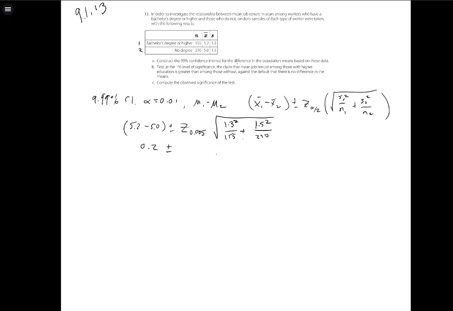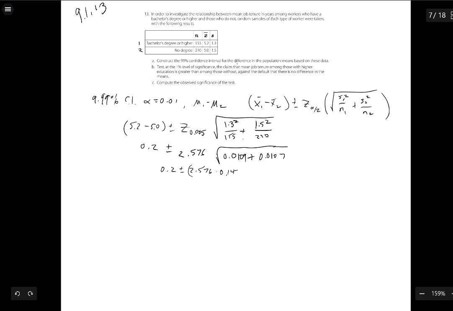So z at 0.005 is 2.576. What I'm doing here is I actually do these calculations in stages, so that if I mess up or things look kind of squirrely, I can go back and find out what I did. So this is stuff I did off on the side, so it's easy for me now just to pull these off my side sheet of paper where I did the calculations. So I'm ending up here with 0.2 plus or minus 2.576 times that square root,